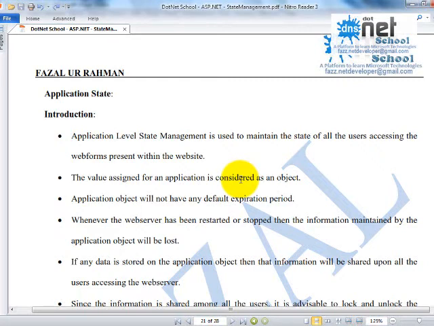In the web server, session storage will be there and session values will be stored, but that value cannot be shared by all the clients. What if I want to share some information for all the clients? I can go for application state.